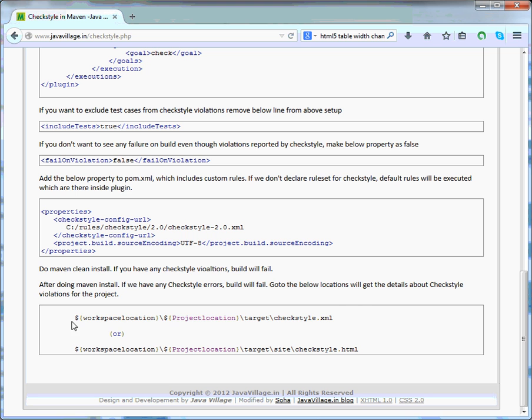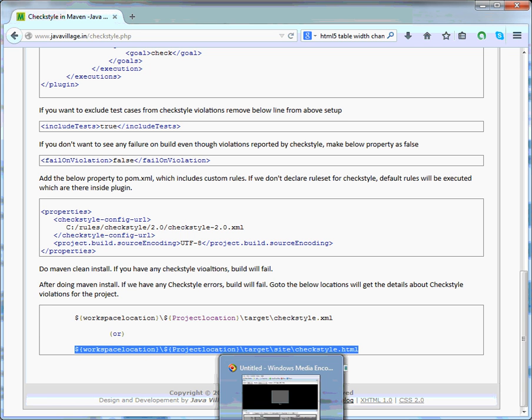After adding it, you can see your Checkstyle violations inside target or inside site. We have an HTML report where it will format and show the violations. So in these two ways we can see our Checkstyle violations. I hope this will make you